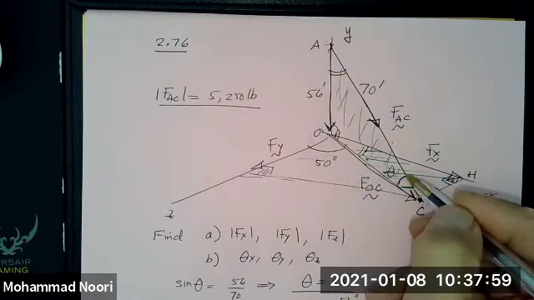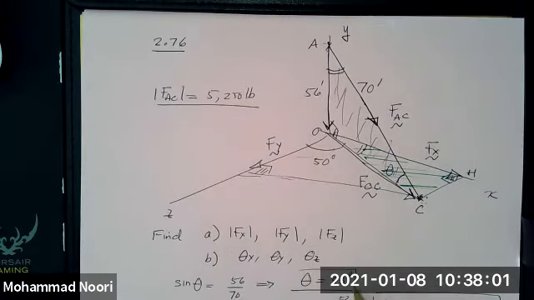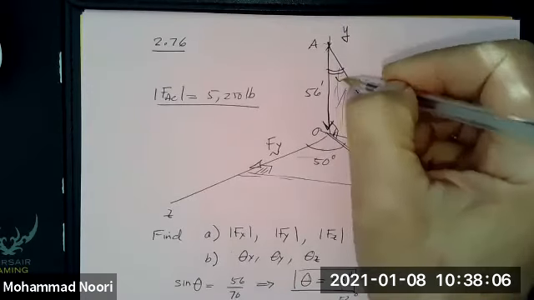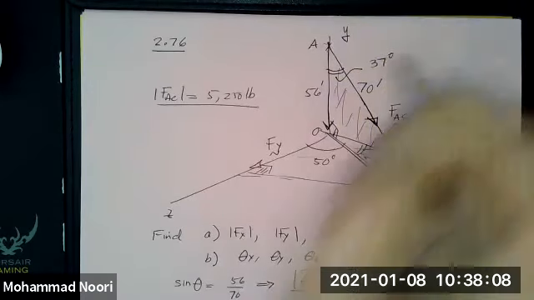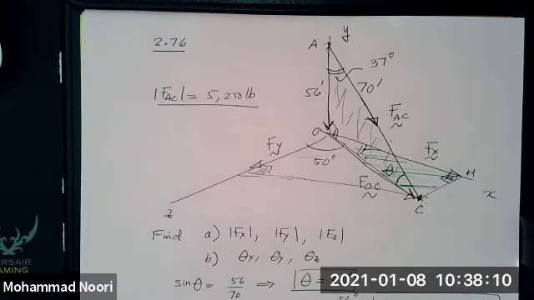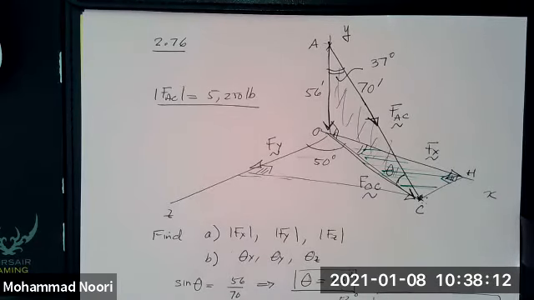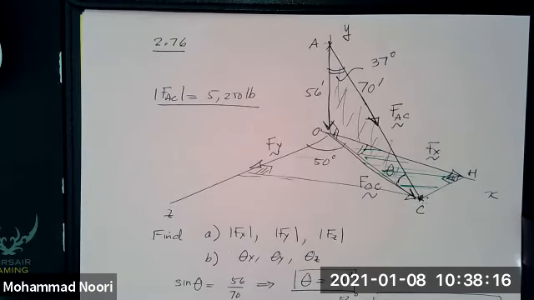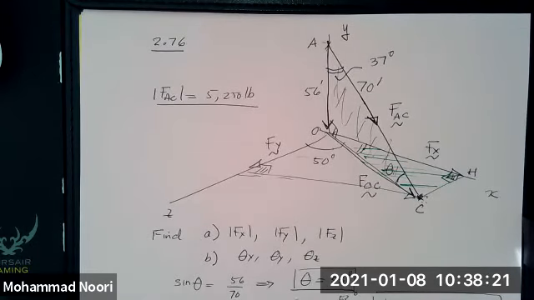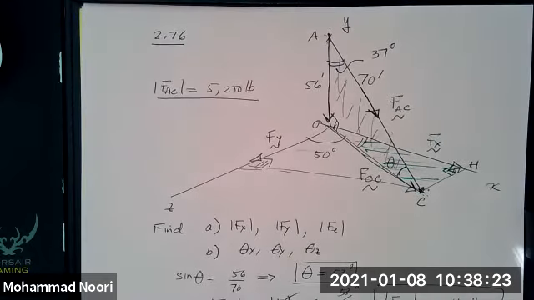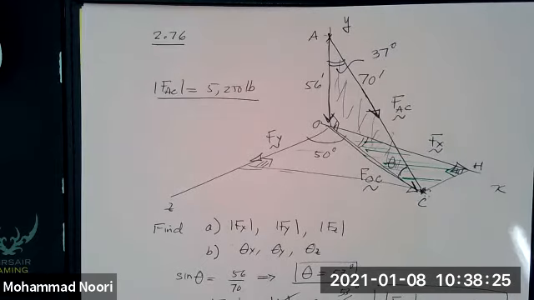We had this angle theta, right? 53. So if this is 53, this would be 37 degrees. So F sub y then would be the magnitude of F times the cosine of 37. So we have this 5,250. So we can find F sub y to be